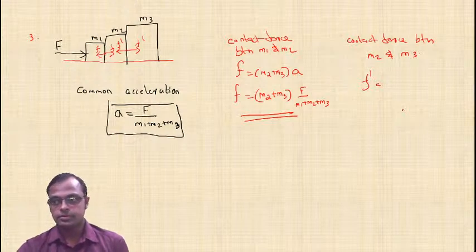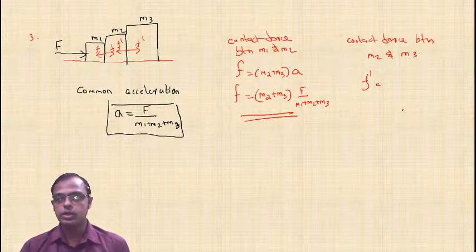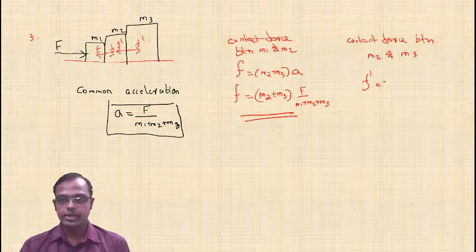Very good. Abhishek got the correct answer, M3. Very good, Sona, M3. So everyone is typing correct answers only. Check that, is it the previous answer you are typing? So in this case, F dash makes which body accelerate? That is M3 alone, correct? So we can write the formula: F dash is equal to M3 into acceleration.